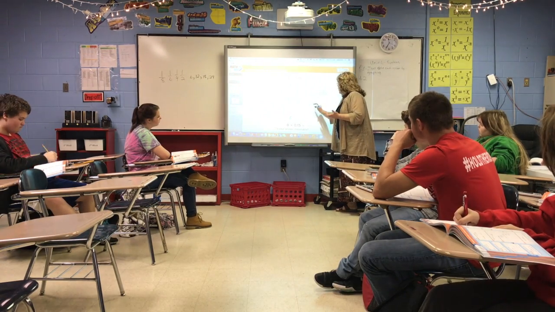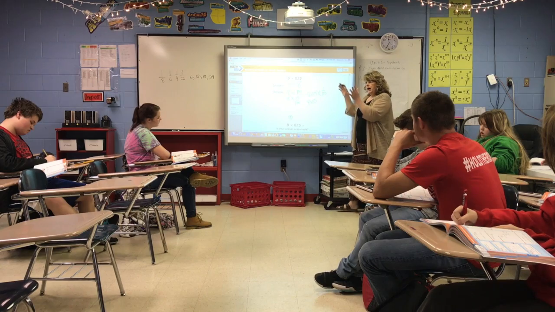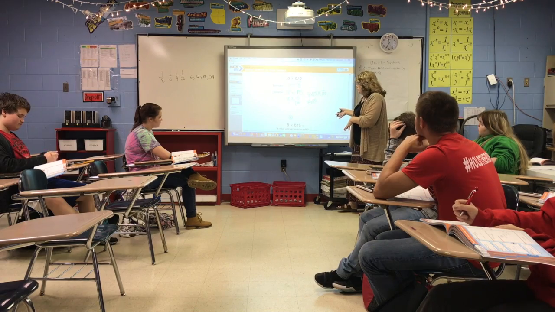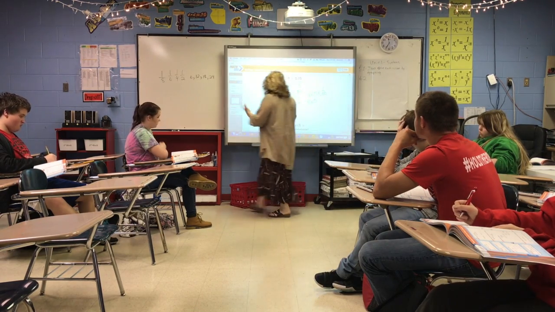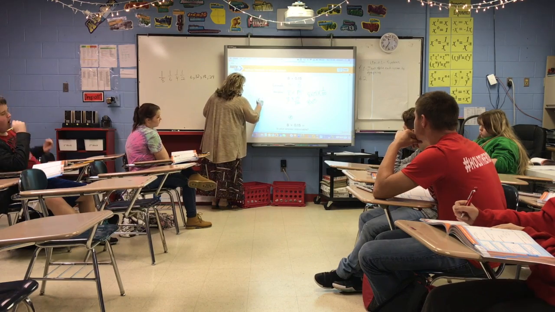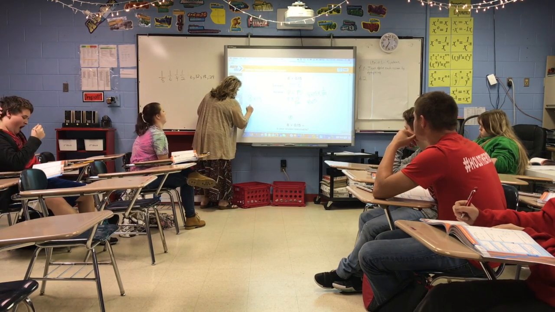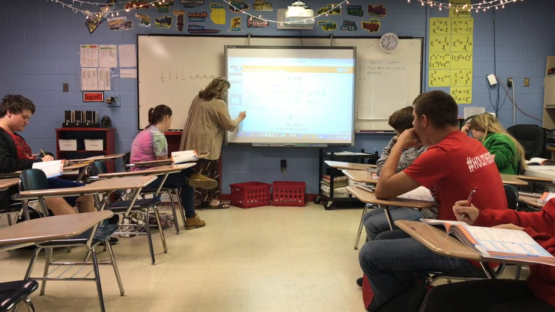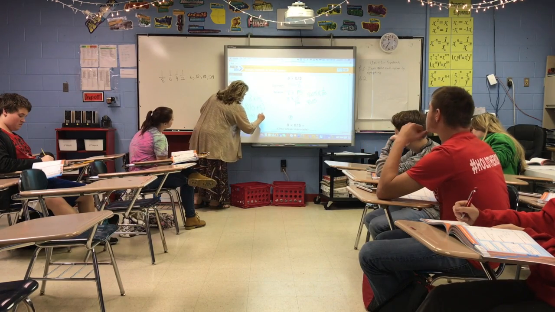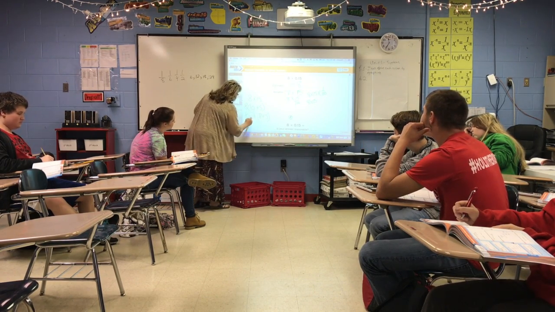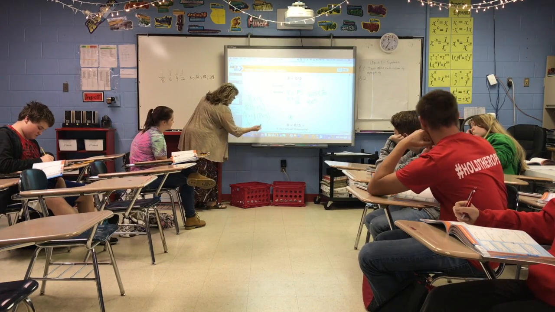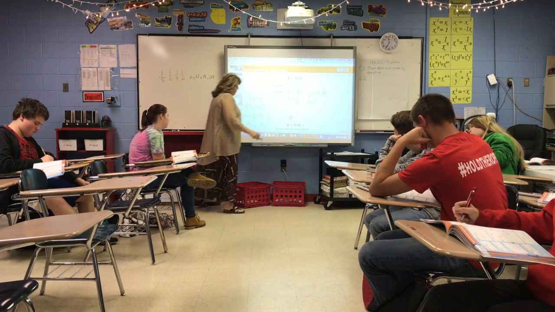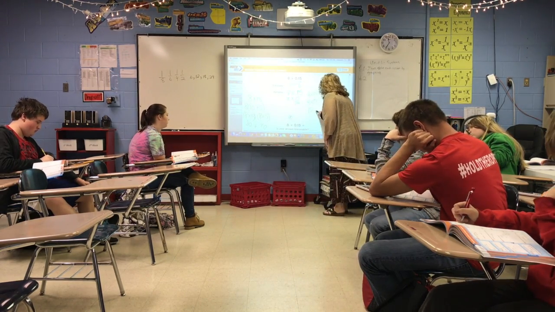8 times 15, and we're going to get our new answer to that. 8 times 10 is 80. 8 times 5 is, so I'm going to go ahead and write it down. We'll say 8 times the 15. We say 8 times 10 plus 5, which would be 8 times the 10, and then 8 times the 5, and then I'm adding those two together. This gives me 80, this gives me 40. How much is that total? Good job, 120. So now we have 120